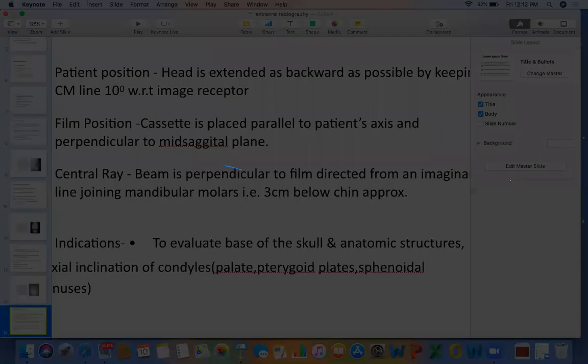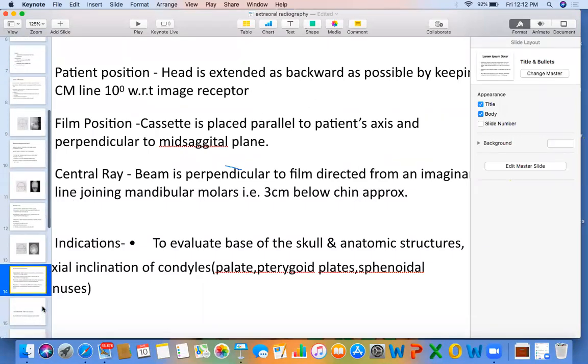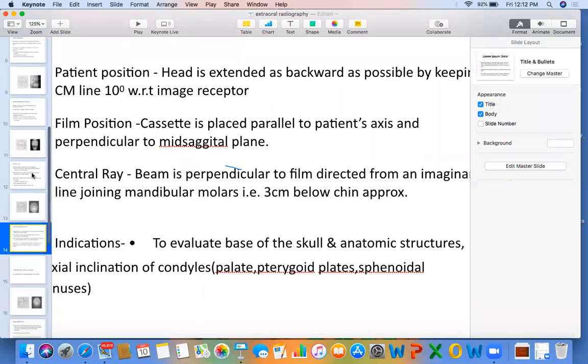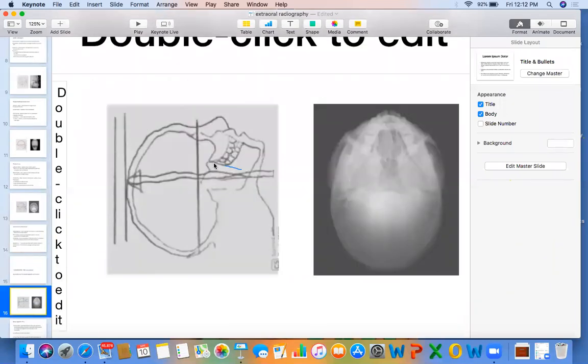Shall we go to the image? We'll go to the image first so that you will have more idea. Now see, we have extended the neck. हमने क्या किया है, गर्दन पूरी पीछे कर ली है. Due to this, your receptor is here. हमने जब गर्दन पूरी extend की है, we have extended our neck. You can see that I'm able to pass this central ray from this area, that is the submental area. So the name of the view is submento vertex view. From the submental area, the ray is going to the vertex. Okay, so the name is submento vertex view.